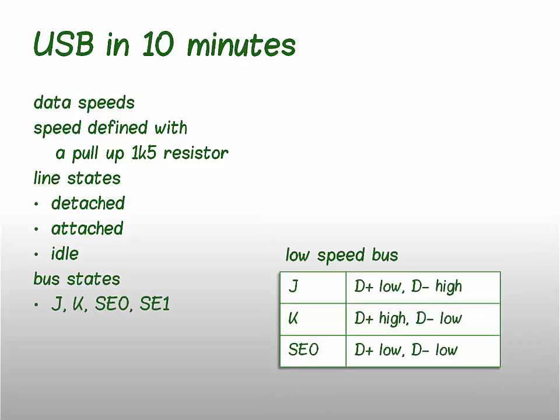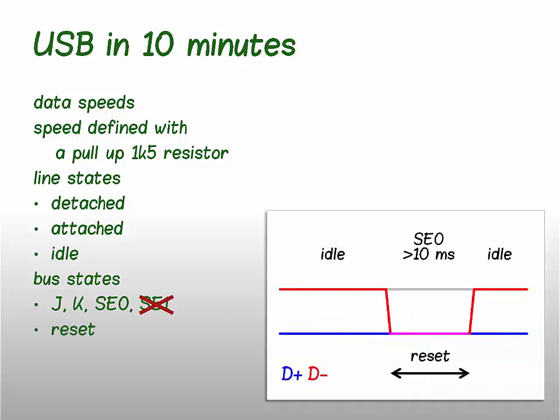On two data lines, we can recognize 4 basic states: J, K, single-ended 0, and the never-used single-ended 1 state. The polarity of D+ and D- lines in J and K states is shown for the low-speed bus. It is reversed in full and high-speed buses. Another state is reset. The bus is said to be in reset state whenever there is a single-ended 0 during